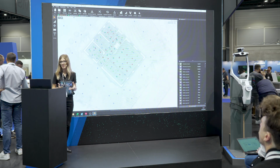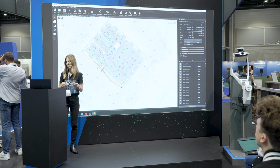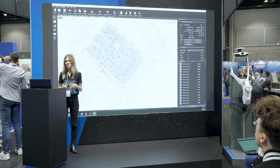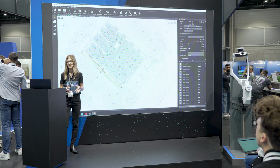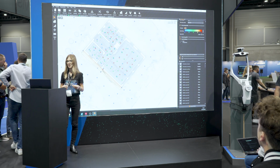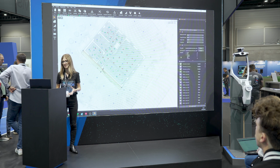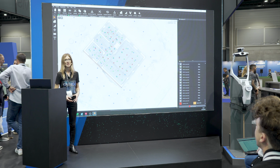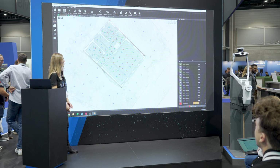The next step that can be done is creating layouts and sections. For doing that, with just 2 clicks, you're going to position your section and then adjust the bounding box in order to have as much information as you need for your section, in this case, a facade plan. There are a couple of parameters that can be adjusted, and once everything is in place, you can click on process, and in a couple of seconds or maybe minutes, depending on the size of your project, you're going to